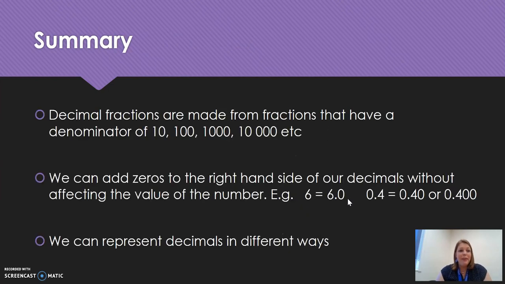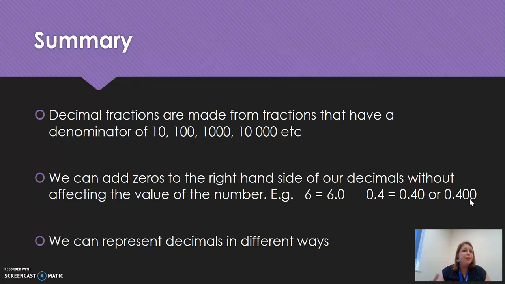Okay, so as our summary, decimal fractions, we're quite lazy in Australia. We shorten everything. So officially they are called decimal fractions. We say decimals often. Decimal fractions are made from fractions that have a denominator of 10, 100, 1,000, 10,000, 100,000, and so on. We can add zeros to the right-hand side of our decimals without affecting the value of the number. We didn't really cover that, but we will cover that shortly in other examples of decimals. So 6 is the same as saying 6.0, 0.4 is the same as saying 0.40 or